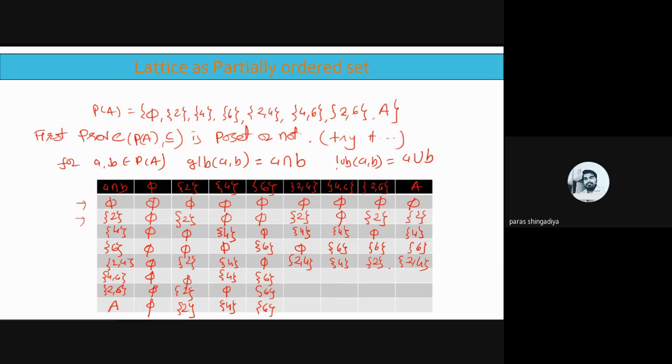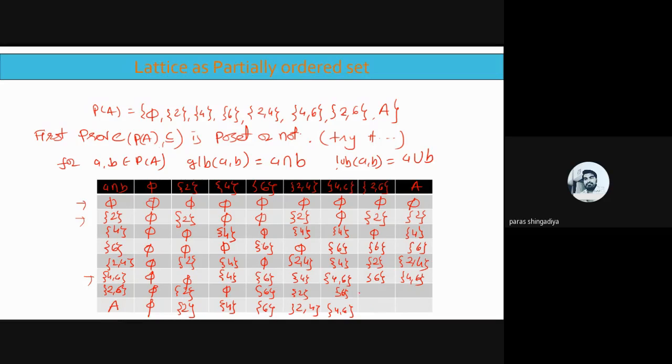Clear? And use this value in this column here, that is 2 4 after 4, then a singleton 2, and it is 2 4. Clear? Next number is 4 6, and the intersection of 4 6 is itself 4 6, and then 4 6 with 2 6, that is a singleton 6, because 6 उसमें common है, और 4 6 with A का common होगा 4 6 itself, and it is a singleton 6, and it is 4 6.